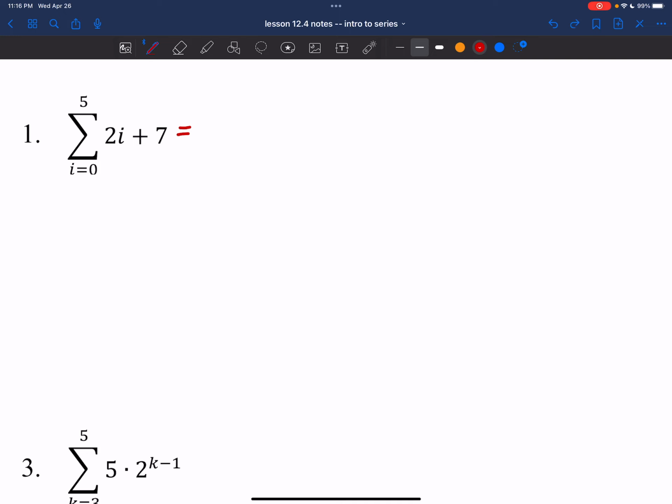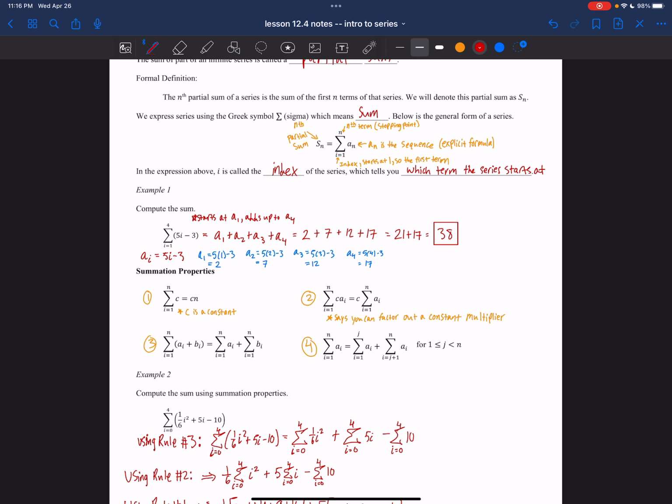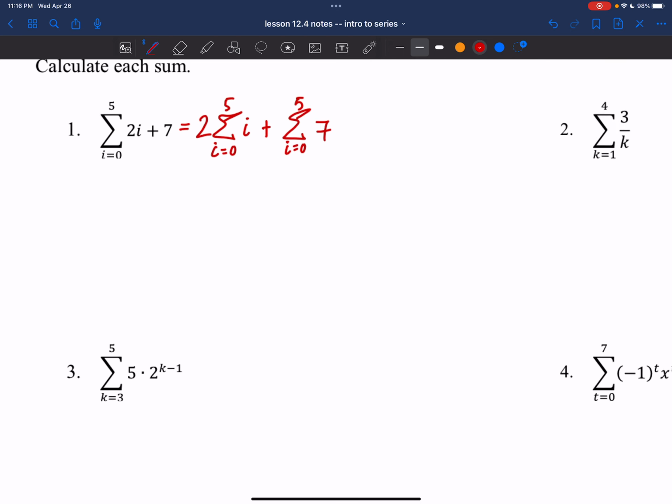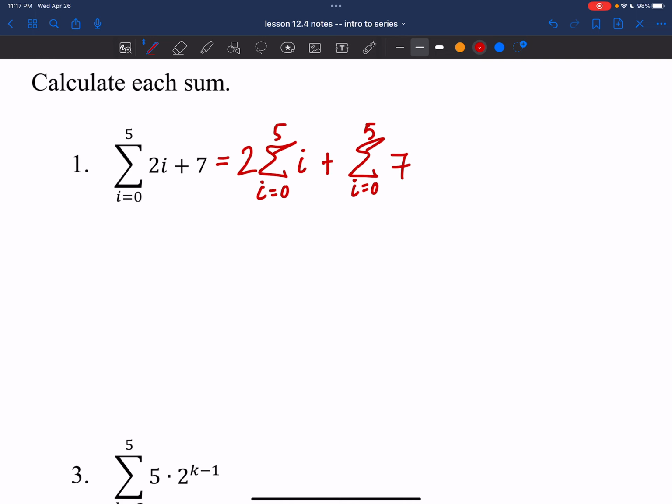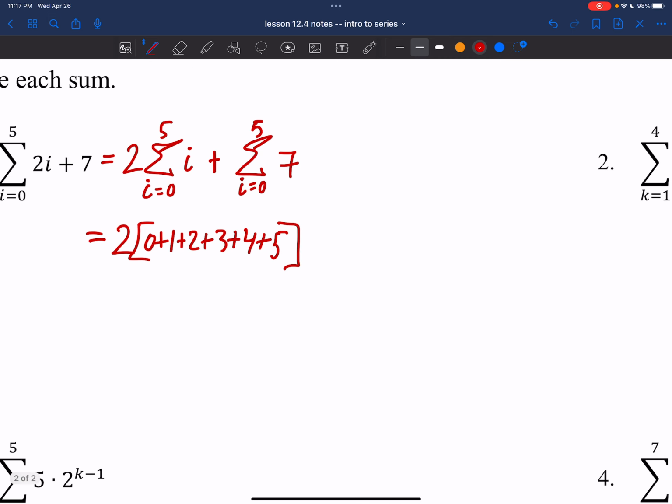So this will be 2 sigma i equals 0 to 5 of i plus sigma i equals 0 to 5 of 7. And this is using both rules, rules 3 and 2, okay? So that's using both of those rules. And now I can see very clearly that this is 2 times 0 plus 1 plus 2 plus 3 plus 4 plus 5 plus,